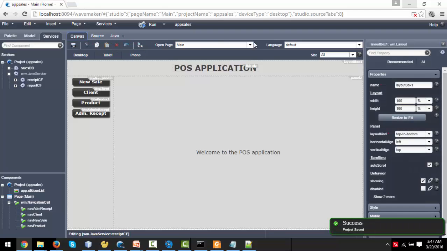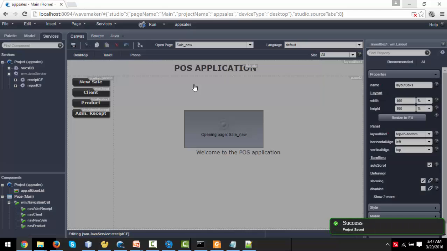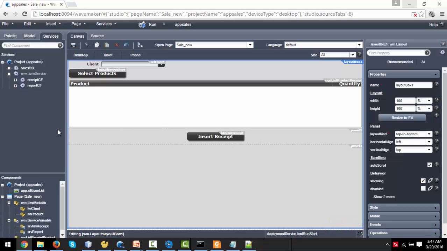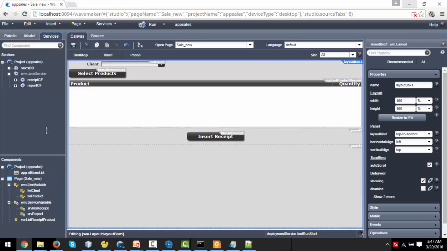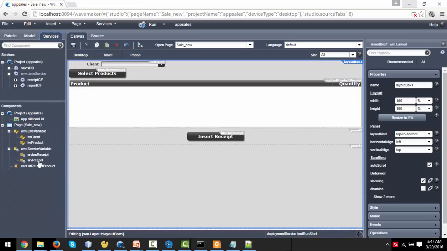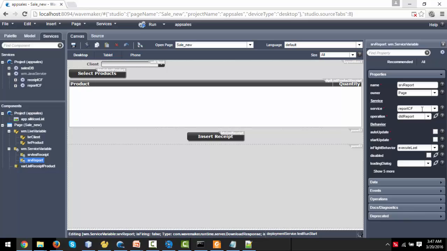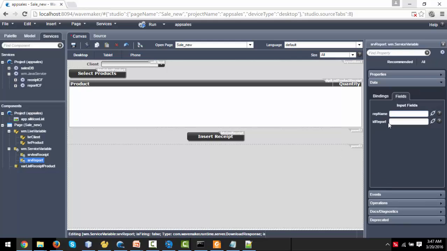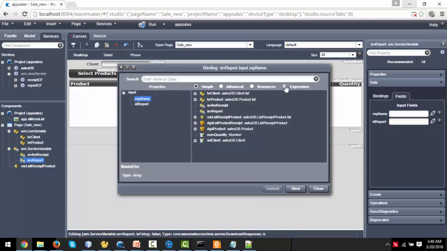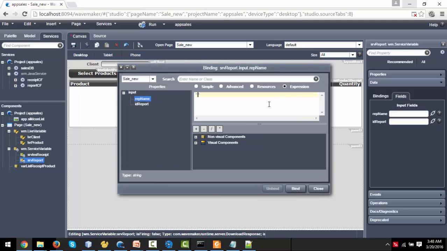Great. Now I can go back to my sale new. I'll get my report service variable, and I can use this one here. And when this one is run, I want to send the data, the rep name. Remember, it has to be the path. It's report, or no, it's receipt